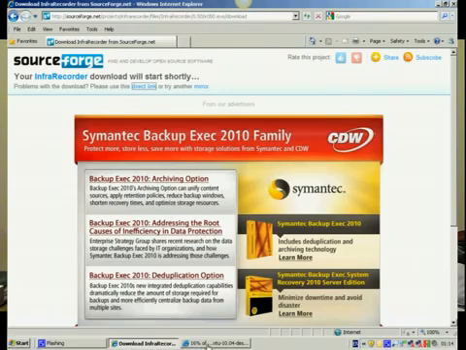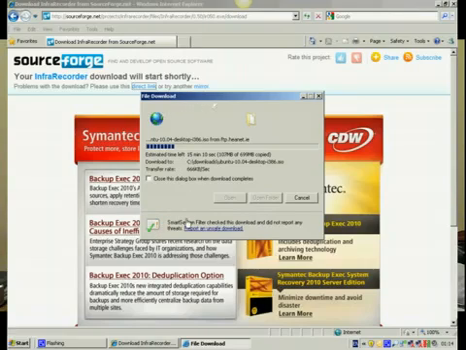Ubuntu is going to take about another 15 minutes to download, so I'll join you when it's finished, and then we're going to actually write it